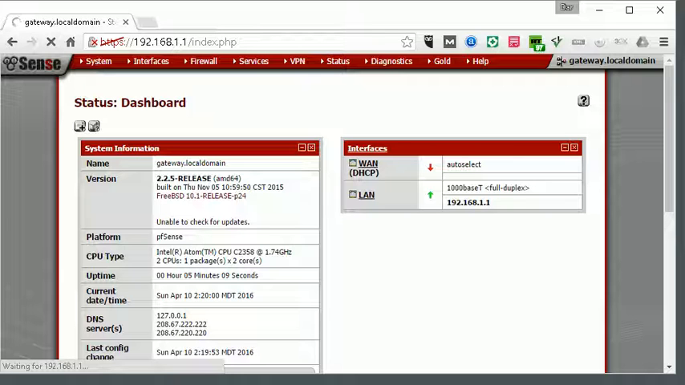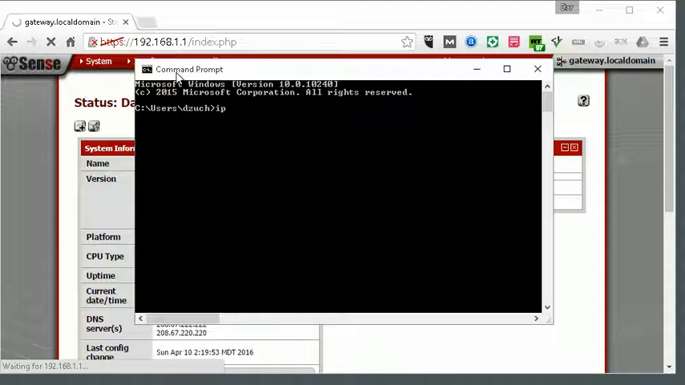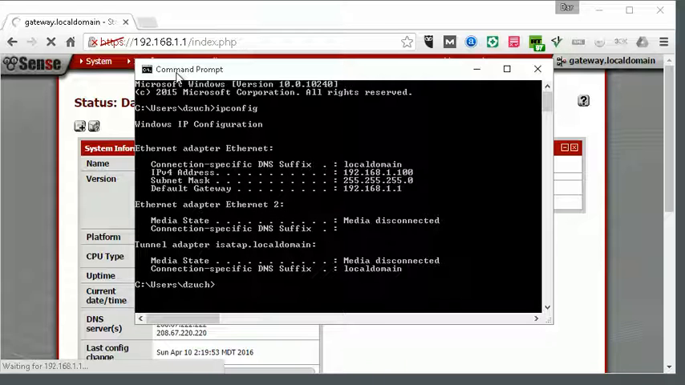If I have a look at my IP address, I'm just going to bring up a command window here and type in ipconfig. That's going to tell me the IP address of my network. You can see it's in the 192.168.1.100 range, and that's been changed. The easiest way to fix this problem is to